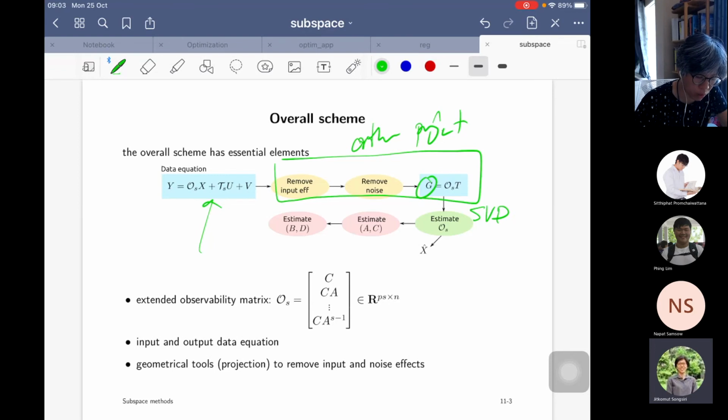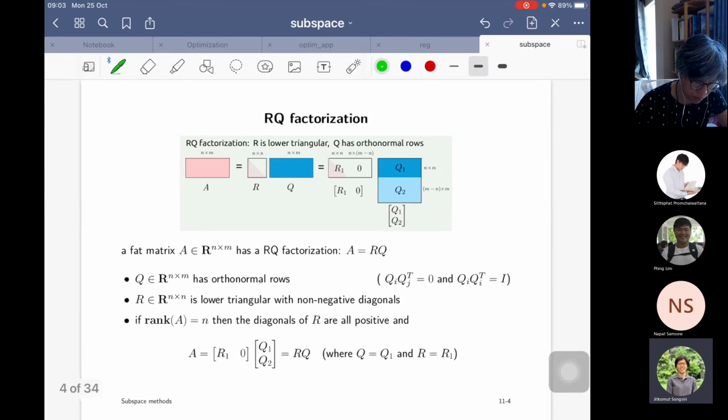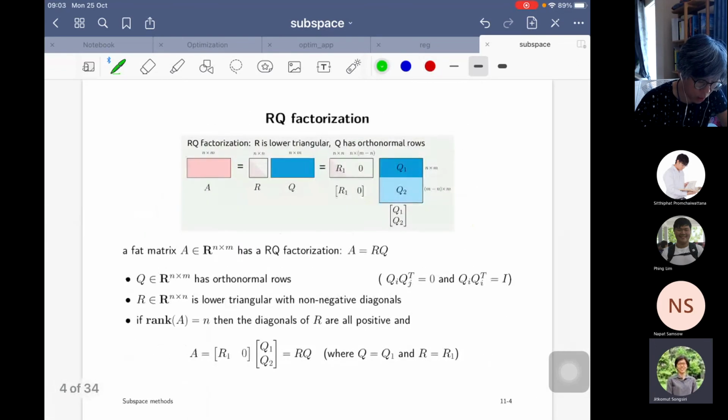So in this short video clip, I would like to review some geometric tools that involve orthogonal projection and also RQ factorization. Okay, first of all, RQ factorization has a very close relation with the QR factorization, but I'm going to explain here what we're going to use